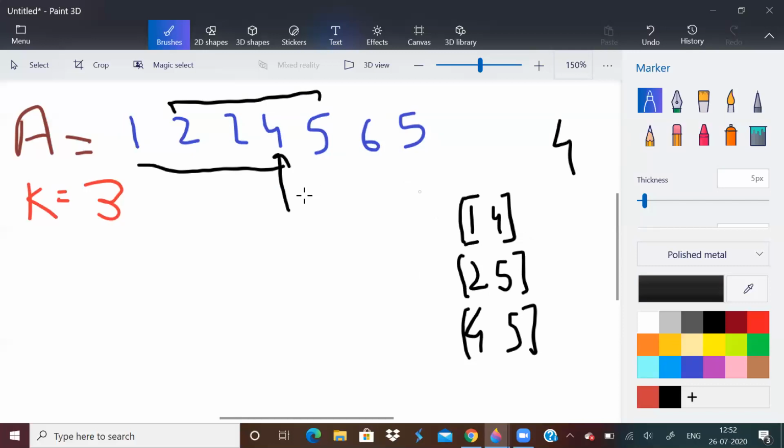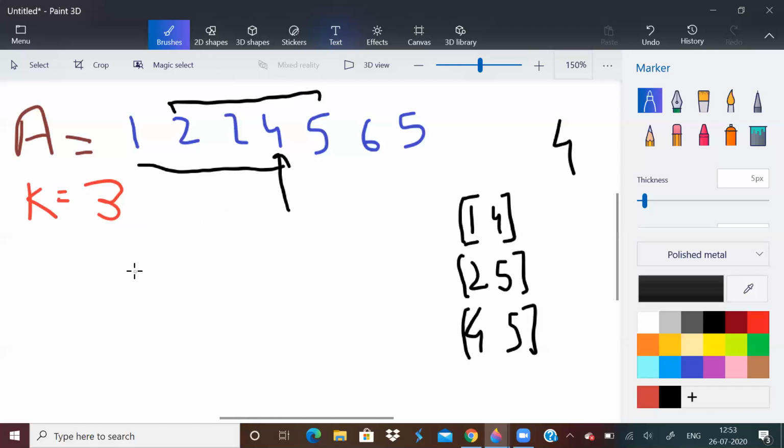So now we know the answer, but how to get it efficiently and without complicating things. Like what did we do? We were traversing. When we were traversing, we were checking how many distinct elements are there. Indirectly, what were we doing? We were checking if the number of distinct elements is less than k. If it ever became greater than k, then we would stop.